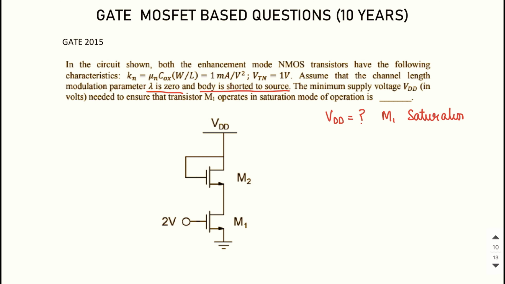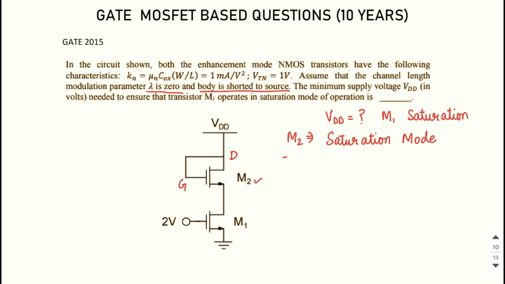To do this type of question, first let us look at the second transistor, that is M2, and see if we can decide which mode of operation this transistor is in. It is very clear that again, just like the previous case, the gate and the drain of this transistor are connected to each other. Whenever the gate and the drain are connected, it is always assured that the transistor will be in the saturation mode.